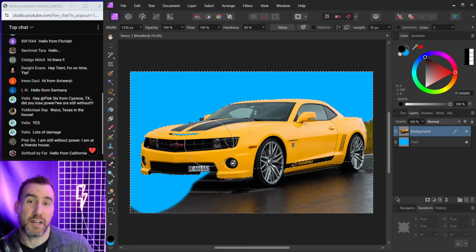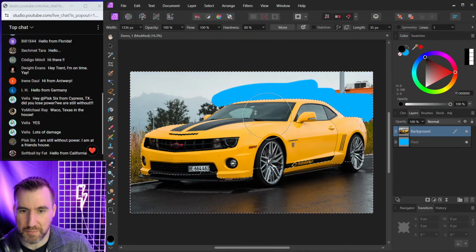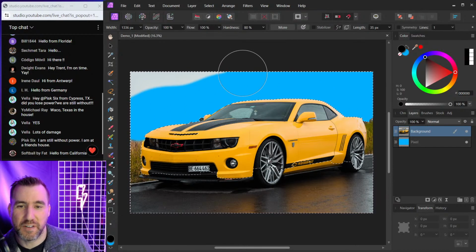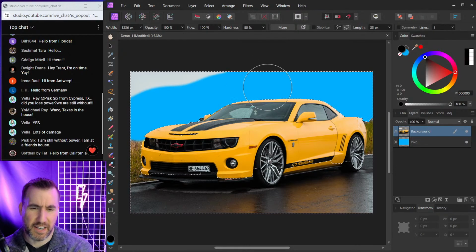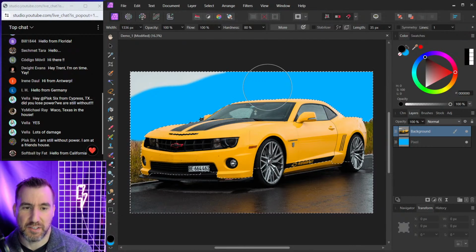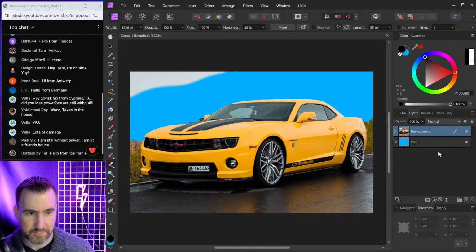Well, how do I undo this part that I erased? Well, I guess I have to do Control Z or something and try again better next time. And it's really kind of awkward to use the erase tool this way. It's what we call a destructive process. And by destructive, I mean once you erase the pixel part of your image,